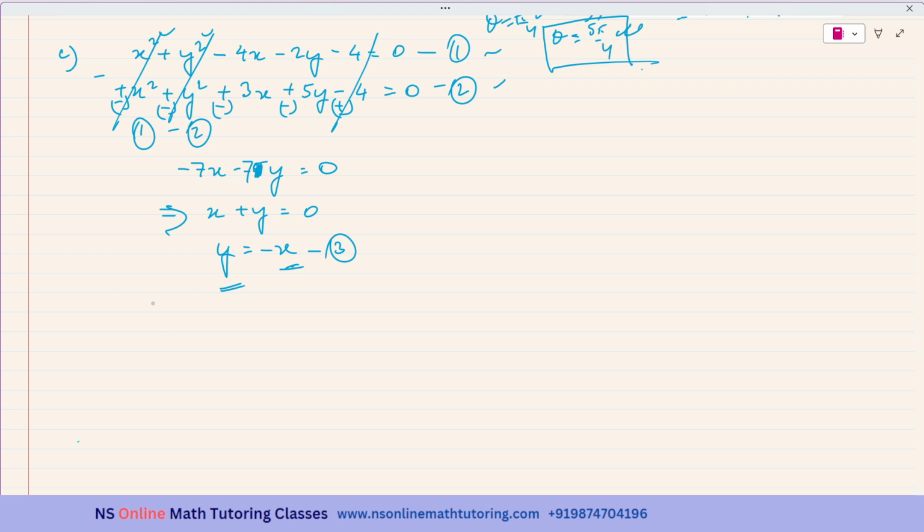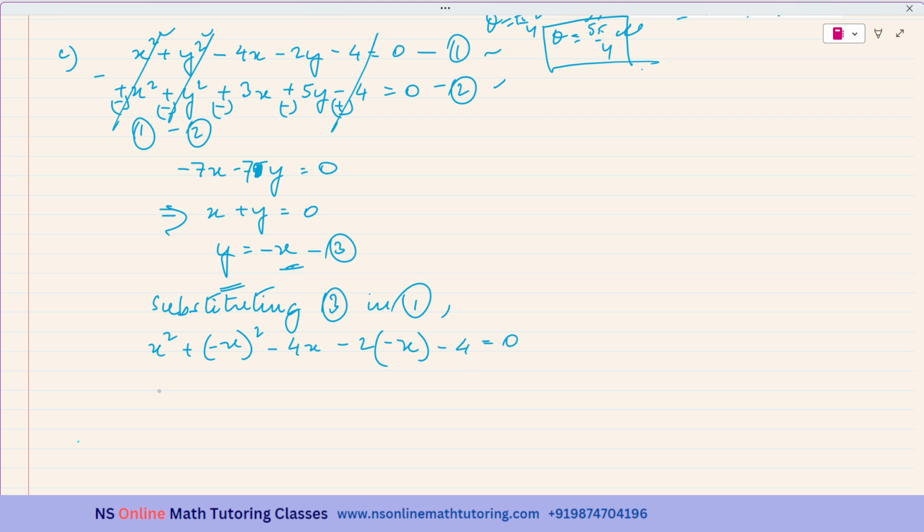So substituting y equal to negative x in 1, it is x square plus negative x whole square minus 4x minus 2 times negative x, and minus 4 is equal to 0. So it is x square plus x square minus 4x plus 2x minus 4 is equal to 0,